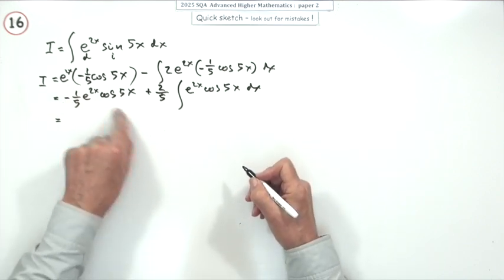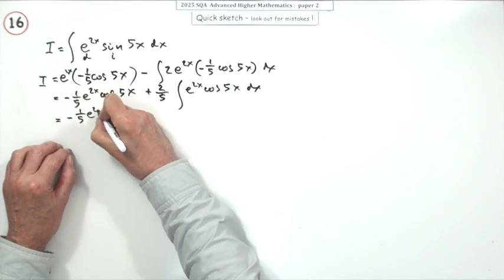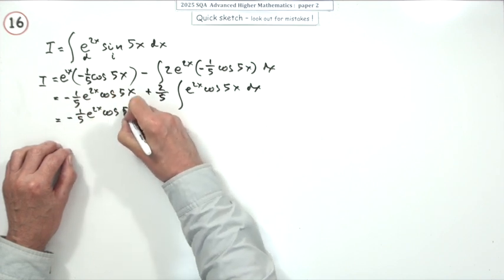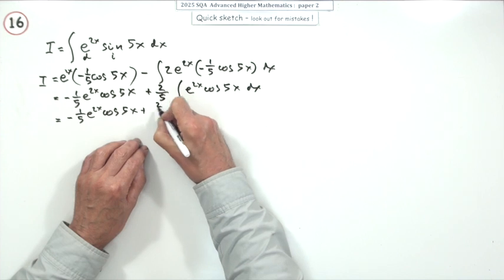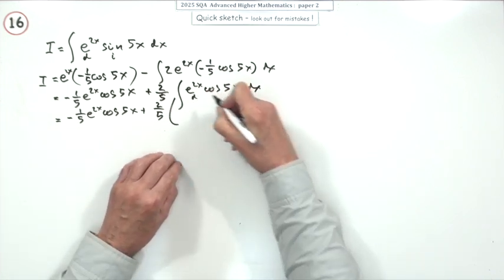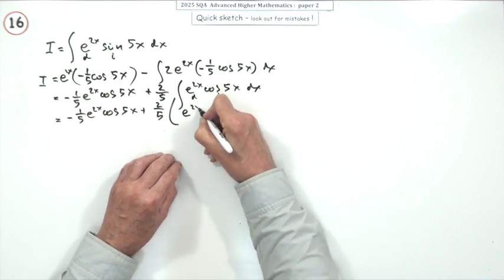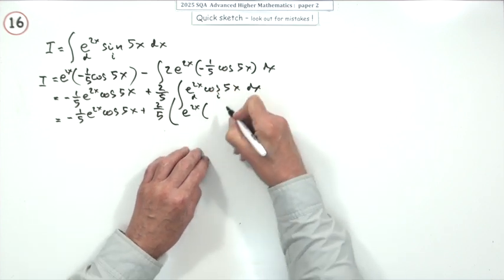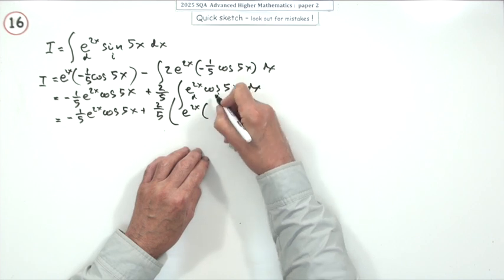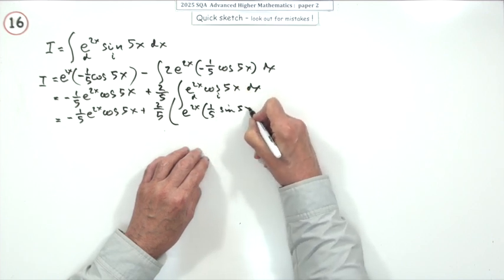This is tedious because you have to write all this out. You could put dittos. Plus 2 fifths of, now the whole process again. Keep it the same way around, differentiate, integrate. Right, so I'm leaving that alone. I'm going to integrate that. That's going to go to a positive since you're integrating. 1 fifth of sine 5x